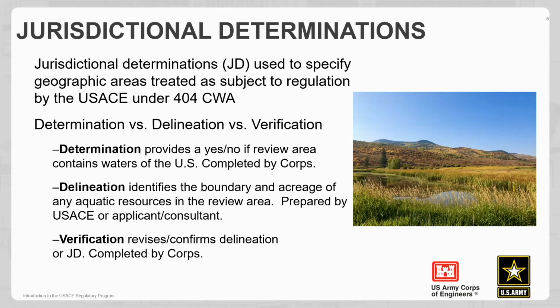It kind of determines that boundary of where jurisdiction might begin for us. And then jurisdictional determinations. We don't get into these a whole lot on the West Slope. I know they're a little more prominent on the Front Range. They do quite a few more jurisdictional determinations. This is a legal determination that the Corps is making based on a delineation that an aquatic resource is or is not jurisdictional. It's basically a yes, no, a snapshot in time. Yes, this area contains waters of the U.S., or no, it does not. This can help with permitting options. If a resource is non-jurisdictional, no permit required for activities within that resource.